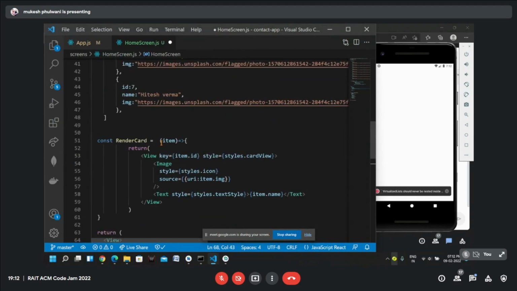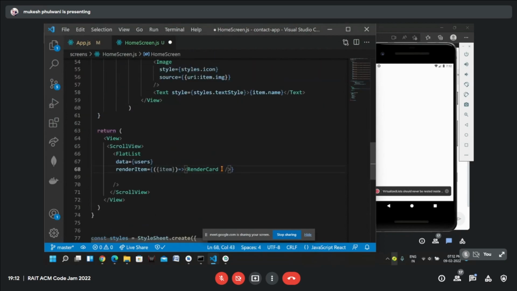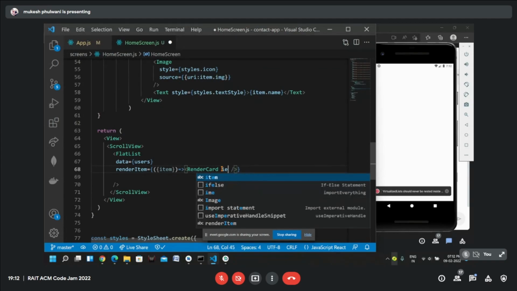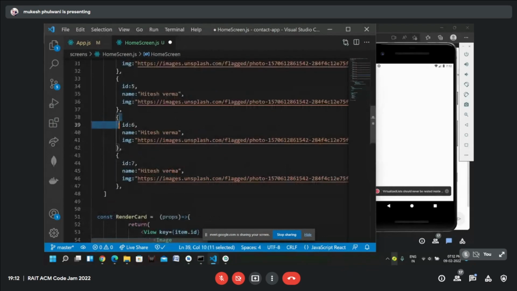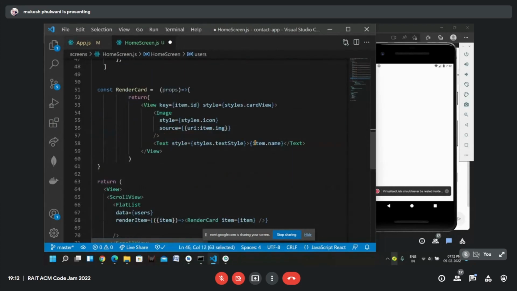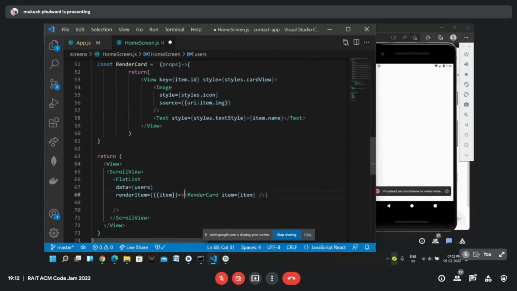This expects item, but not as a prop, so here we should write props. Now here I can write item equal to item. So in this item we will get the individual item, and I'm passing it to this renderCard.